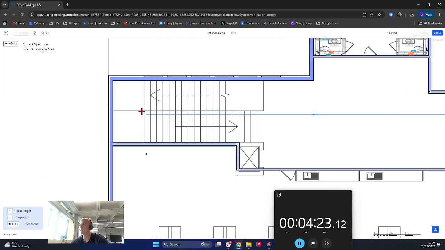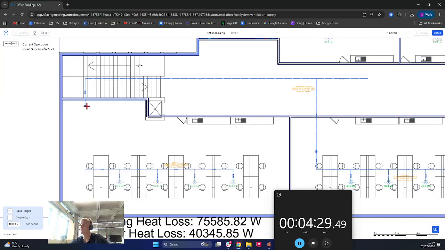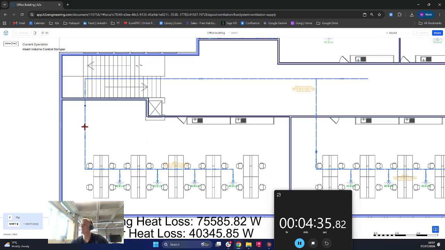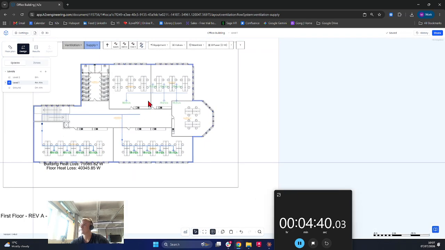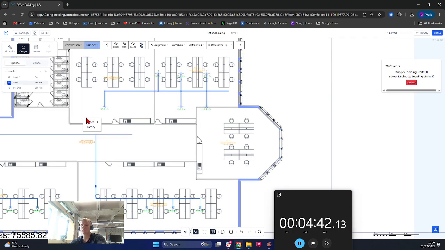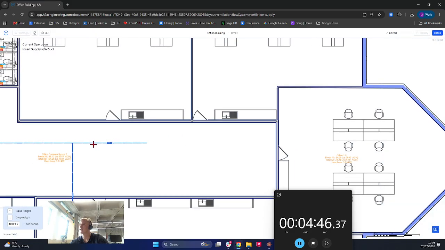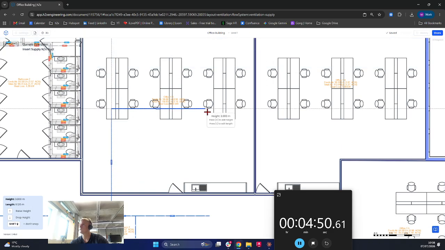I'm then going to redraw my main, left click here, left click into the riser, and then I'm going to redraw my branch connection over to this office space here. I'm going to add my VCD back onto that layout. Okay, now all that we need to do is redraw the branch connections into each of these offices, and that's just done by doing a left click to start here, bring that across into the office space there, adding our two diffusers,